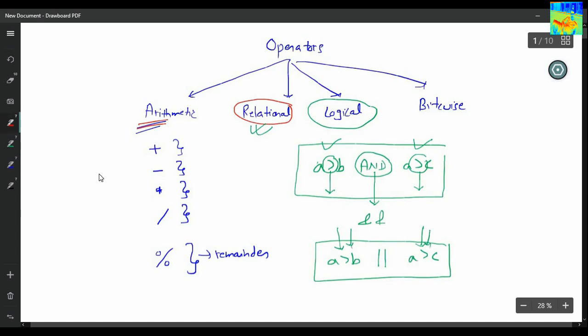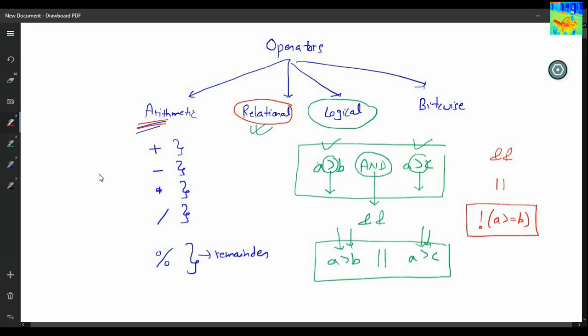So these are the two main logical operators, two ampersand and double pipe. We also have a third operator, which is negation. So this whole expression will be true if A is not greater than or equals to B. So we have three operators.